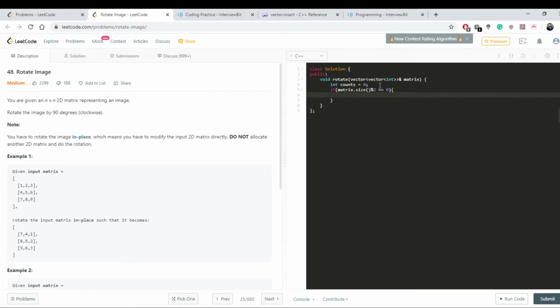So basically if it's even, then counts is equal to, let's save this as s because we're going to be using it quite a lot here, s plus 1 by 2. Else, if it's odd, then counts is s by 2. So for int I equals 0, I is less than s, I plus plus,